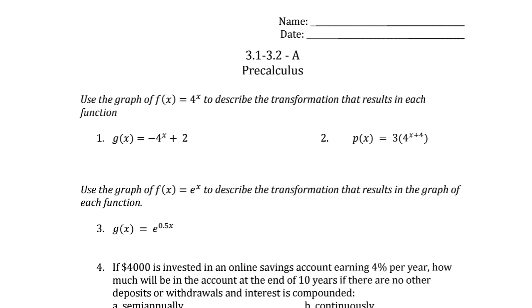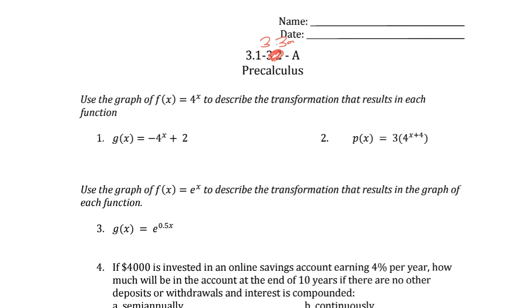All right, this is the review for 3.1 through the first half of 3.3 for the quiz. This is really going to be 3.3a, so the first half. Use a graph of f of x equals 4 to the x to describe the transformation that